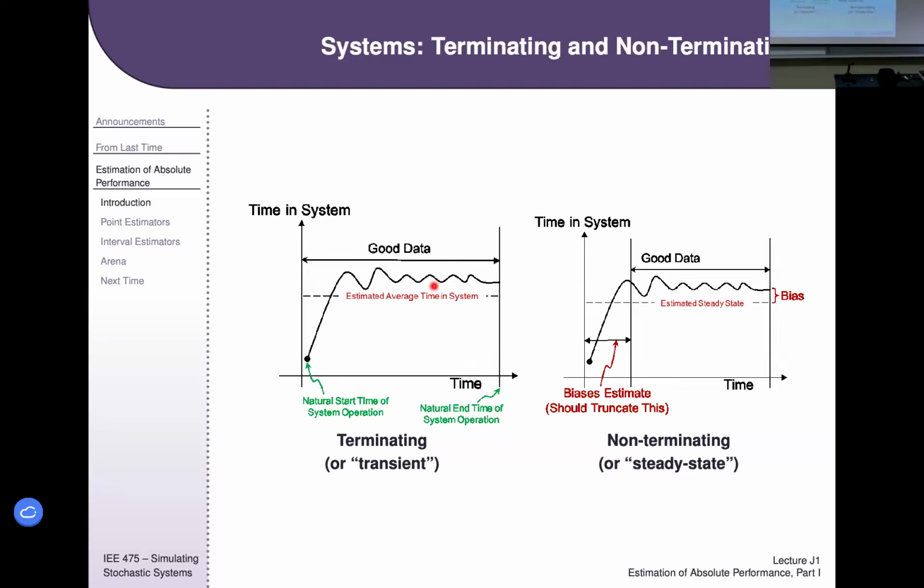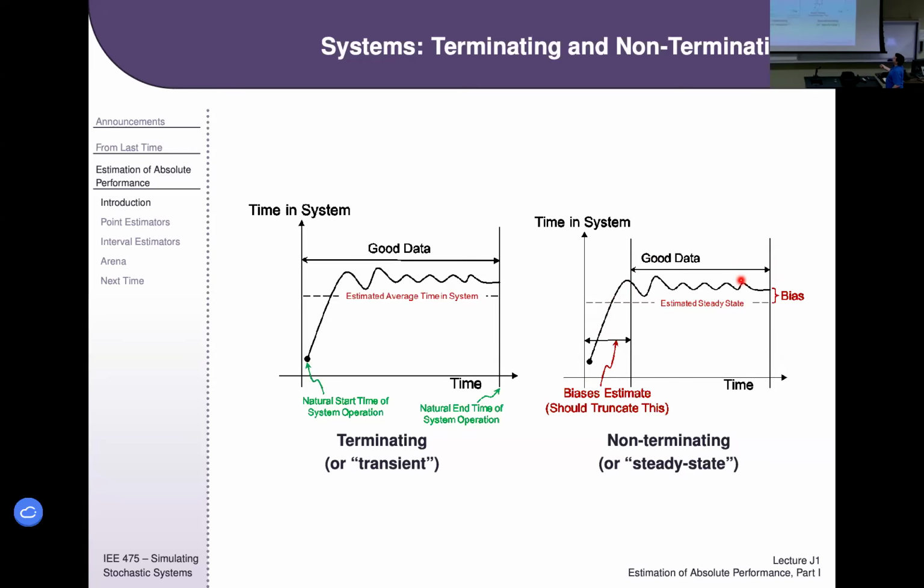The same graph, but now we envision it as a non-terminating system with a steady state simulation. Here, this initial part is something that doesn't exist in the real world, but it had to exist because we had to hit play in Arena. And so we had to start somewhere. And so this is where we chose to start in Arena. And Arena ramped up as if it was one of these systems over here. And so this ramp up that's in Arena, we need to get rid of that. That's the so-called warm-up period. And so we need to warm the system up,